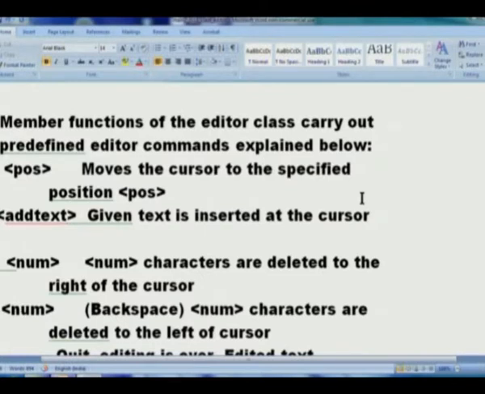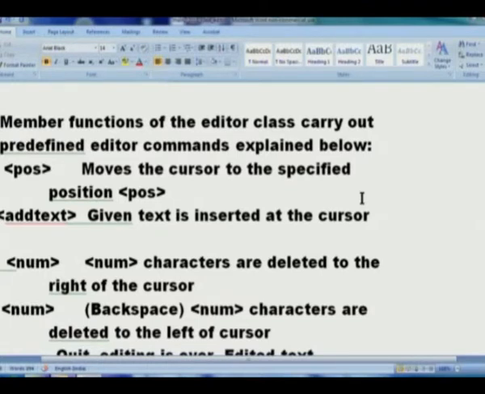User will most probably tell you two things. Here is my file which contains text to be edited. Isn't that what you do when you say gedit? Do you type in the text to be edited? No, you give it a file. Okay. Now, if you have a gedit, you move the cursor using your mouse. But if it is a line editor, you would expect user to give some commands. Would you like that user to type in a command, move cursor 25? Would you not like it to make simple for that person? Say M25.